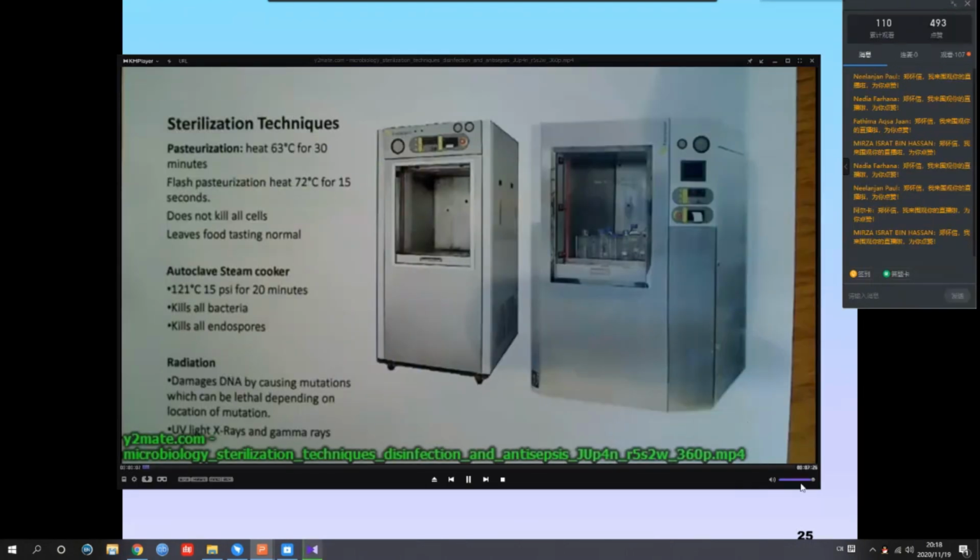Alright, I'd like to talk about sterilization techniques. Now, sterilization may seem like a trivial aspect of microbiology, but it's extremely important in the laboratory. The first time I ever made media in the laboratory, I ended up basically contaminating all of it, because I just didn't really understand the sterilization techniques and how to work under sterile conditions. So it's extremely important to understand what goes on there and why we do it.